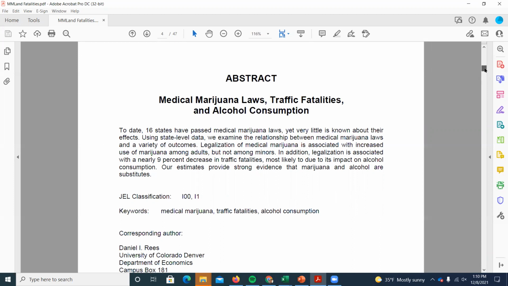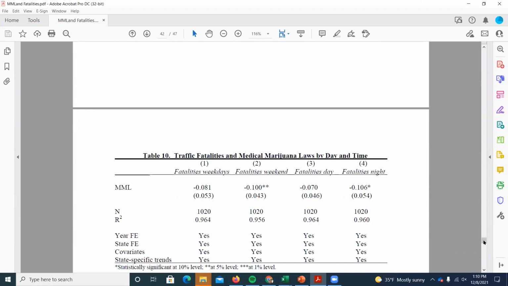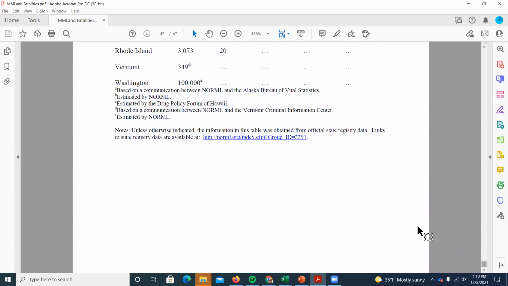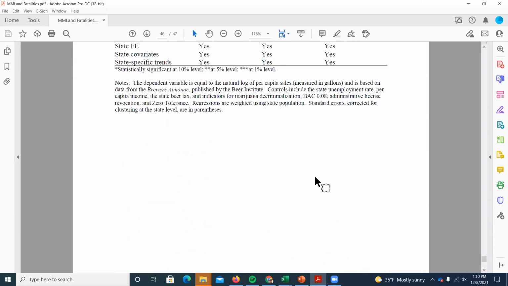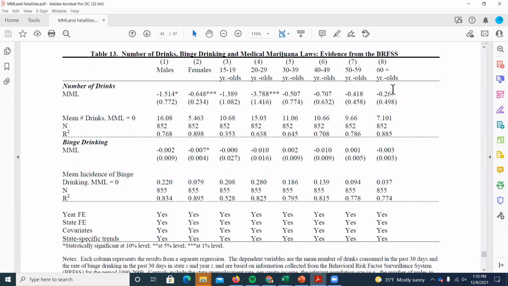So you read the abstract, and then you go all the way down to look at the tables where the regression output is, because that's where the interesting stuff is. So I'll go down to the last couple tables, because those are the ones I want to focus on first. Here, they used some survey data about alcohol use and tried to look at, did the number of drinks that someone has in a month on average go up after these medical marijuana laws, or did it go down? And do we see higher or lower levels of binge drinking after these medical marijuana laws are